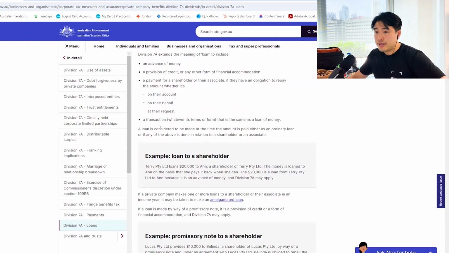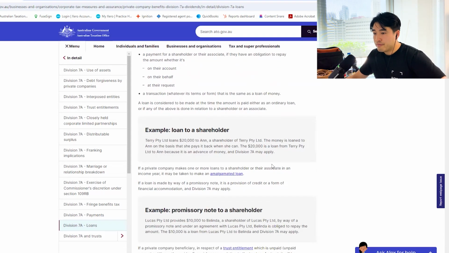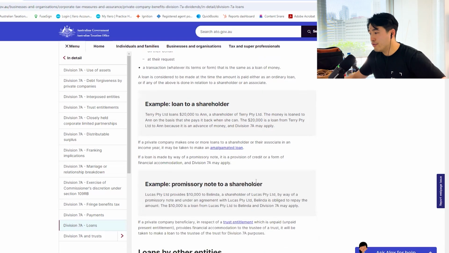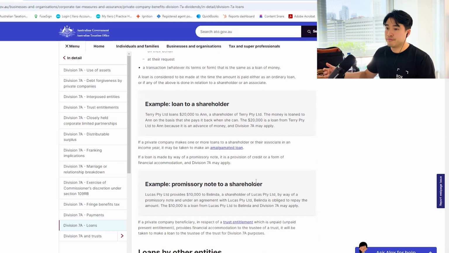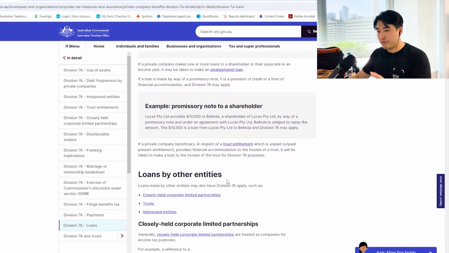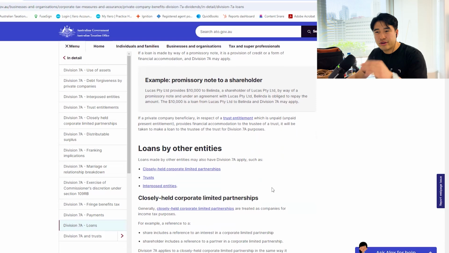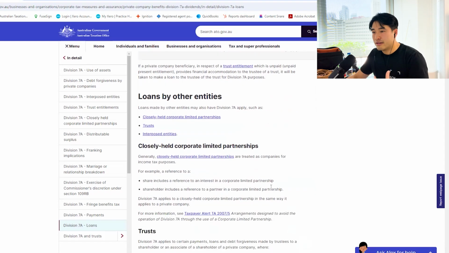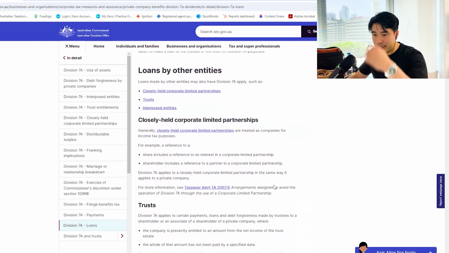So the ATO doesn't talk about, okay, well, is it taxed or is it not taxed? Or what's the tax rate or how to avoid the tax? They don't teach you the rules of how to avoid it. They just tell you straight, if you do it this way, then there's going to be tax on it. And they don't go into too many specifics. And when they do explain it to you, it's between the lines. That's why it's very hard to understand, and that's why it's good to have an accountant to explain this to you.